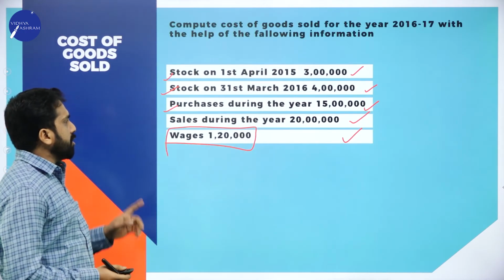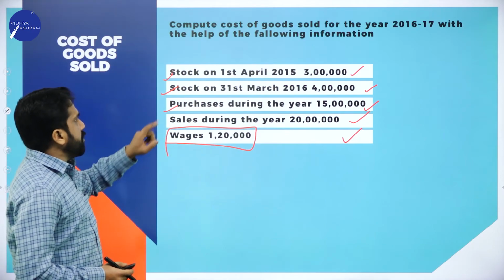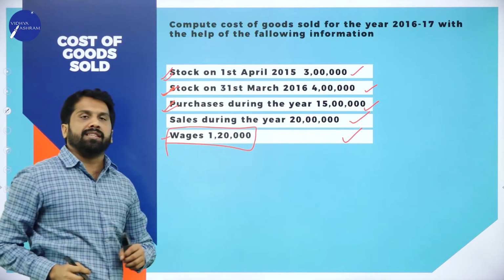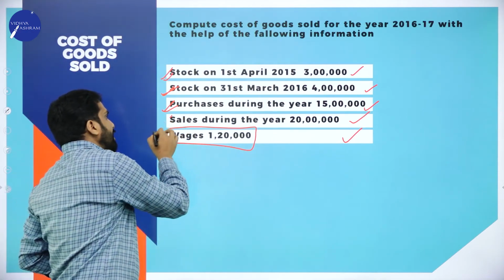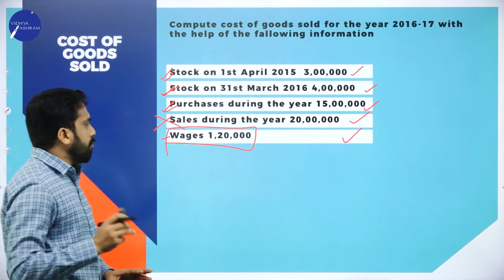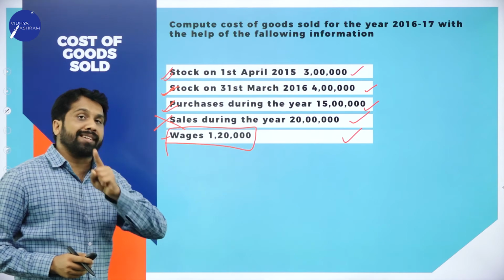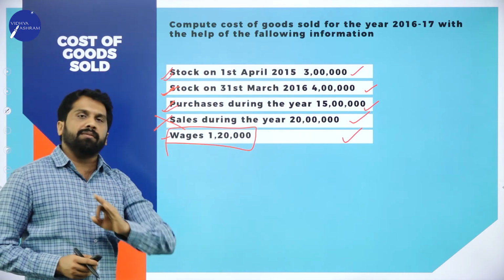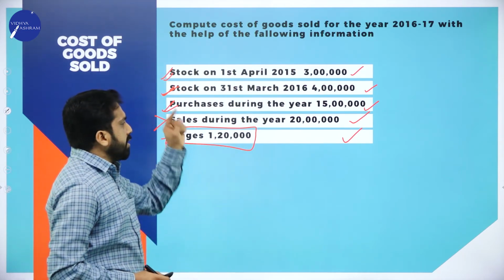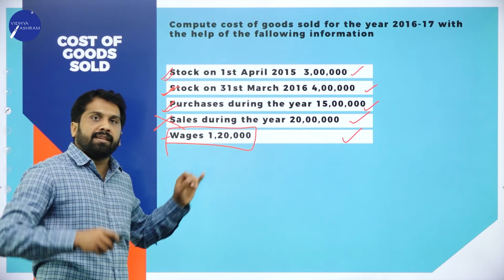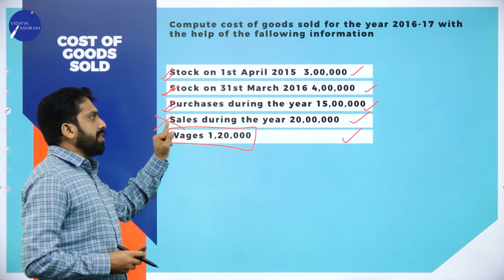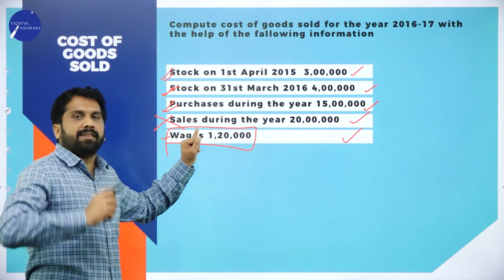Again, I'll go back to your question. Why? Because in this information, we have taken stock, opening, closing, purchase, wages, everything we have taken. But we have not taken sales. Remember, 10 times I can say you this. Why? Because sales you should not consider. That is the only mistake the students do in examination. In the question they have given sales, but as I told you, sales we should not consider. But while doing the problem, if you take sales, your 6 marks are gone.